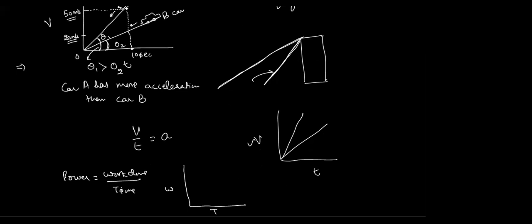Again, if I have two line segments here, and I need to calculate which graph has more power for a particular time, you can use the slope of the line for this one and this one. What will the slope of the line give you in a work done versus time graph? If you write it as W upon T, what quantity does it give you? It gives you power. So W by T gives you power. Okay, let's take another example.